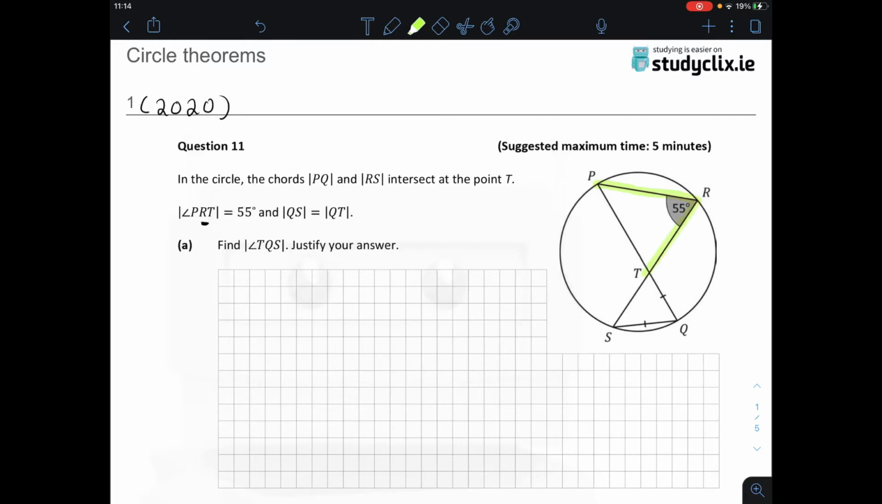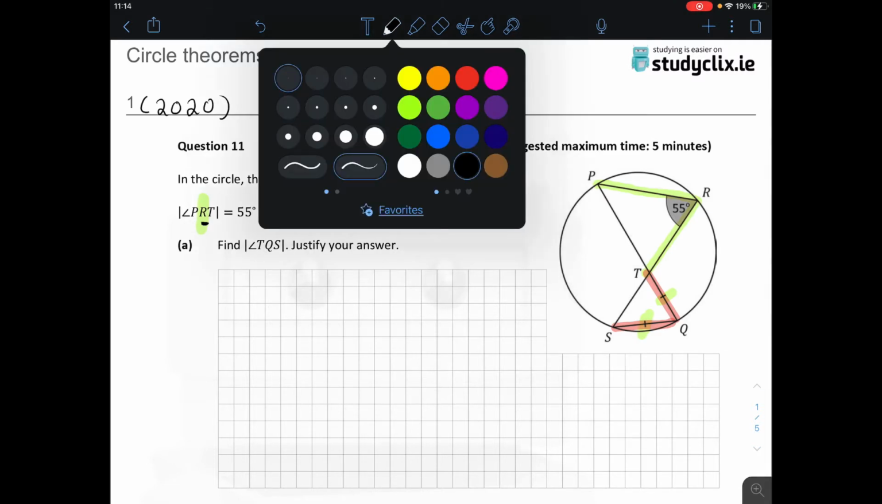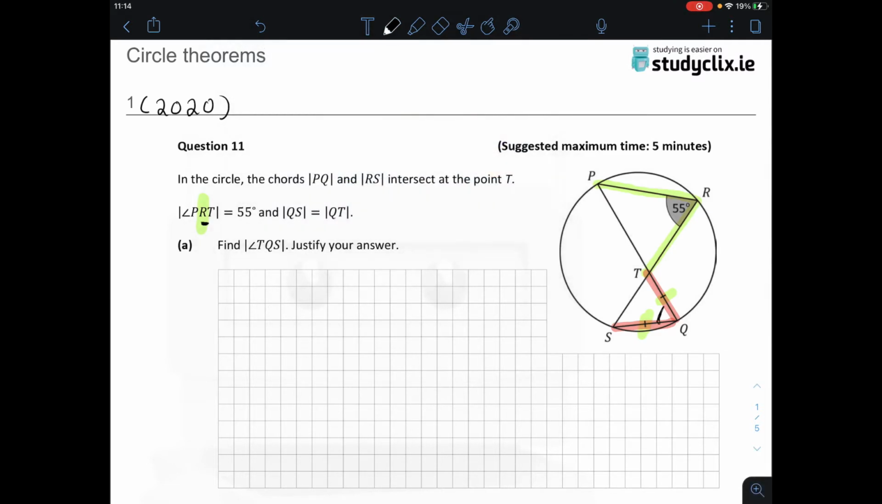it's just PST, so that's the angle at the middle letter is equal to 55 degrees, and we're told that SQ and QT are the same length, and that's shown by those 2 little lines here as well. So they're the same length. We are asked to find the angle. So let's just look at what angle we're asked to find. Okay, so T, so we're going from T to Q to S. So we can see that we're looking for the angle in here. So this is our angle